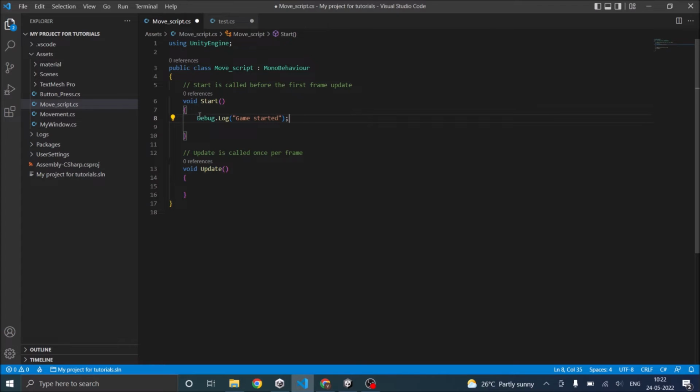Unity is case sensitive, so if you use a small d it won't work, and most of the time it's autofill, so you won't be making mistakes like this. So that is the advantage of autofill. So now we have inserted a log inside the start function so that when the game starts we get a